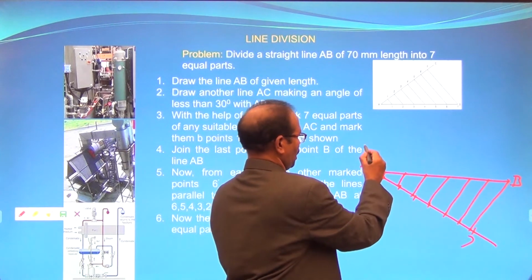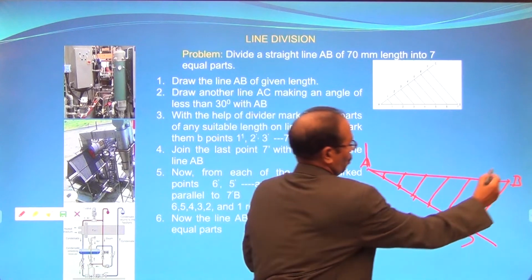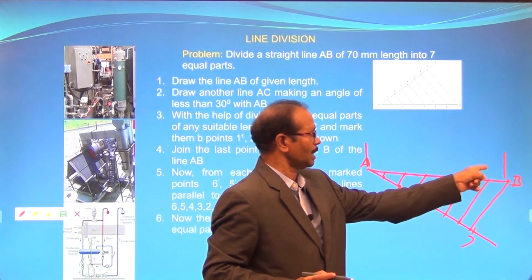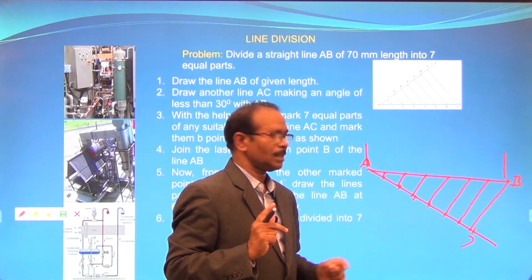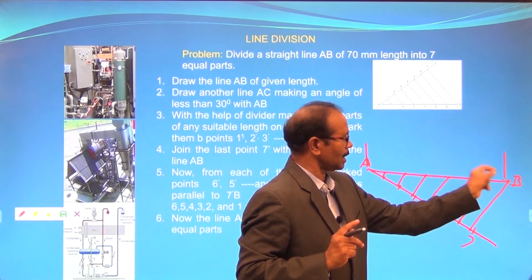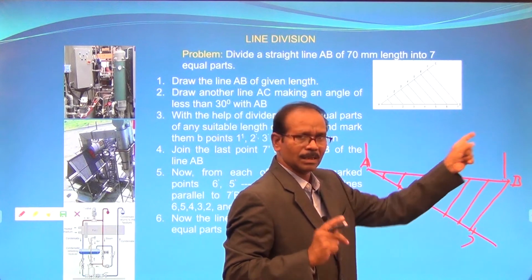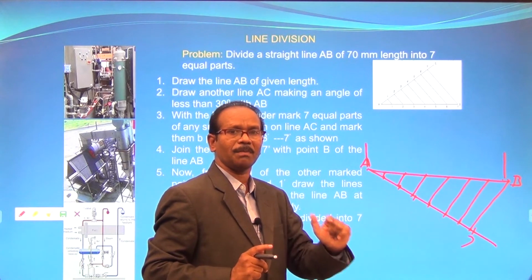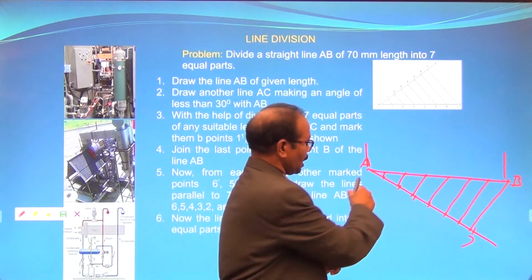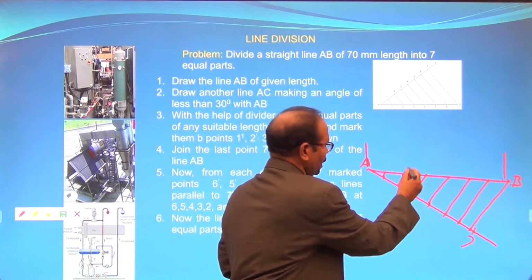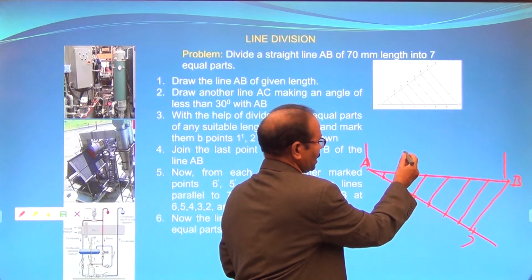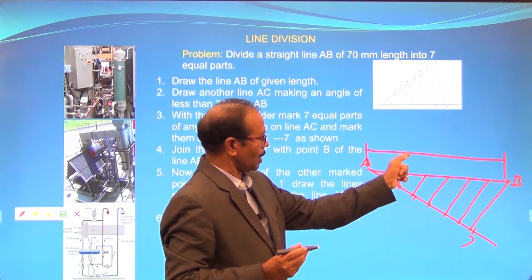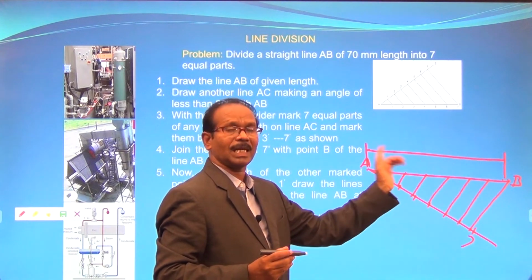That is one extension line, one more extension line. Please remember the rules and regulations of the extension line. The extension line doesn't touch this line. Just a small gap is required. And the length of the line is 1 centimeter. Draw one more line, the dimensioning line, at a distance of 8 mm from the object. What is the object? AB is our result. From AB, measure an 8 mm gap. So draw a line. This line is known as the dimensioning line. The dimension line ends with 2 arrows.